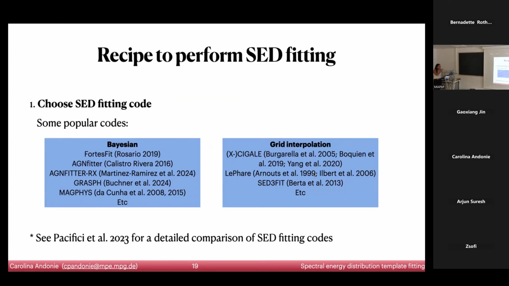In CIGALE, I know that they have some fixed models for each component, so you have to use the ones that they have registered there. Now there is CIGALE-RX, where they also include the alpha OX, the relationship between the X-ray and the accretion disk luminosity, as a prior, and they also include the radio photometry. We have GRASS, which is the code of Johannes Buchner, who is going to give a tutorial about it on Thursday, etc. And there are some SED fitting codes that are meant only to calculate photometric redshift, for example. So we cannot use them to calculate the stellar masses of the sources because they were not made for that.